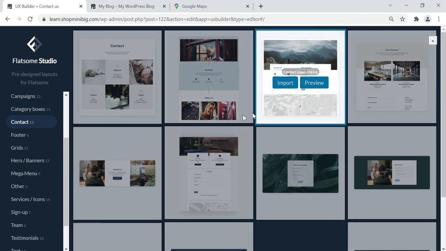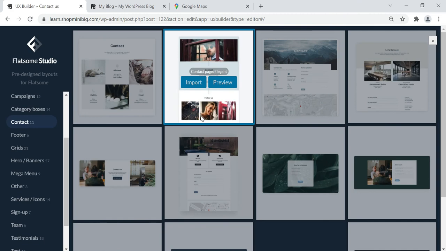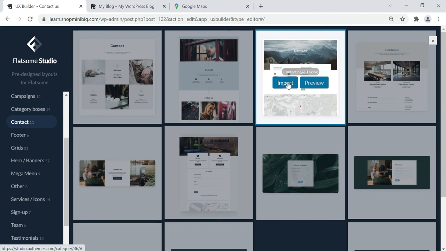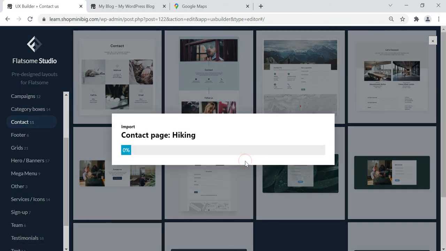Then here you can find many pre-made templates. I think I'm going with this. Click import, then click start. If you are confused about how to design or create a Contact Us page, you can play around by just importing a pre-made template, and you can see how it is designed by going to these settings.